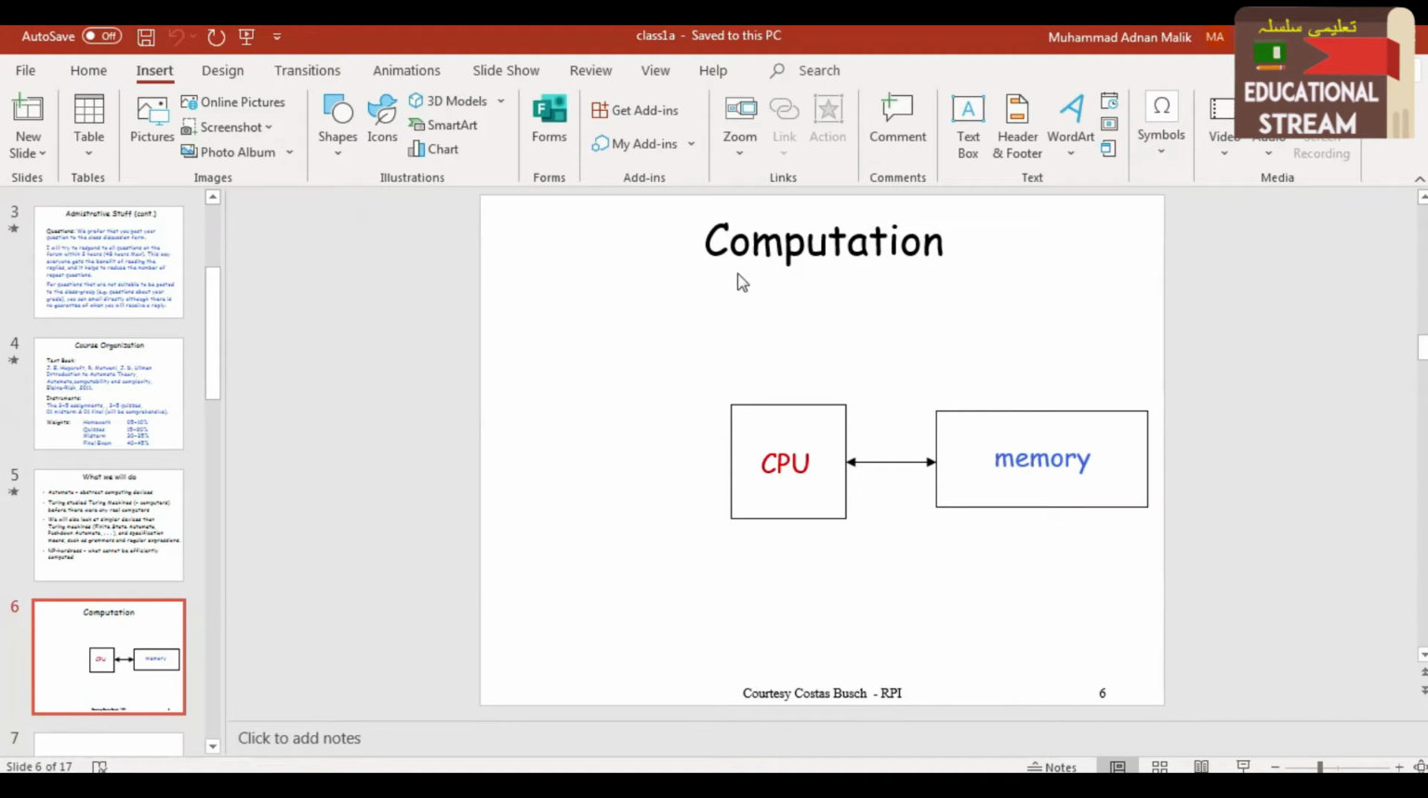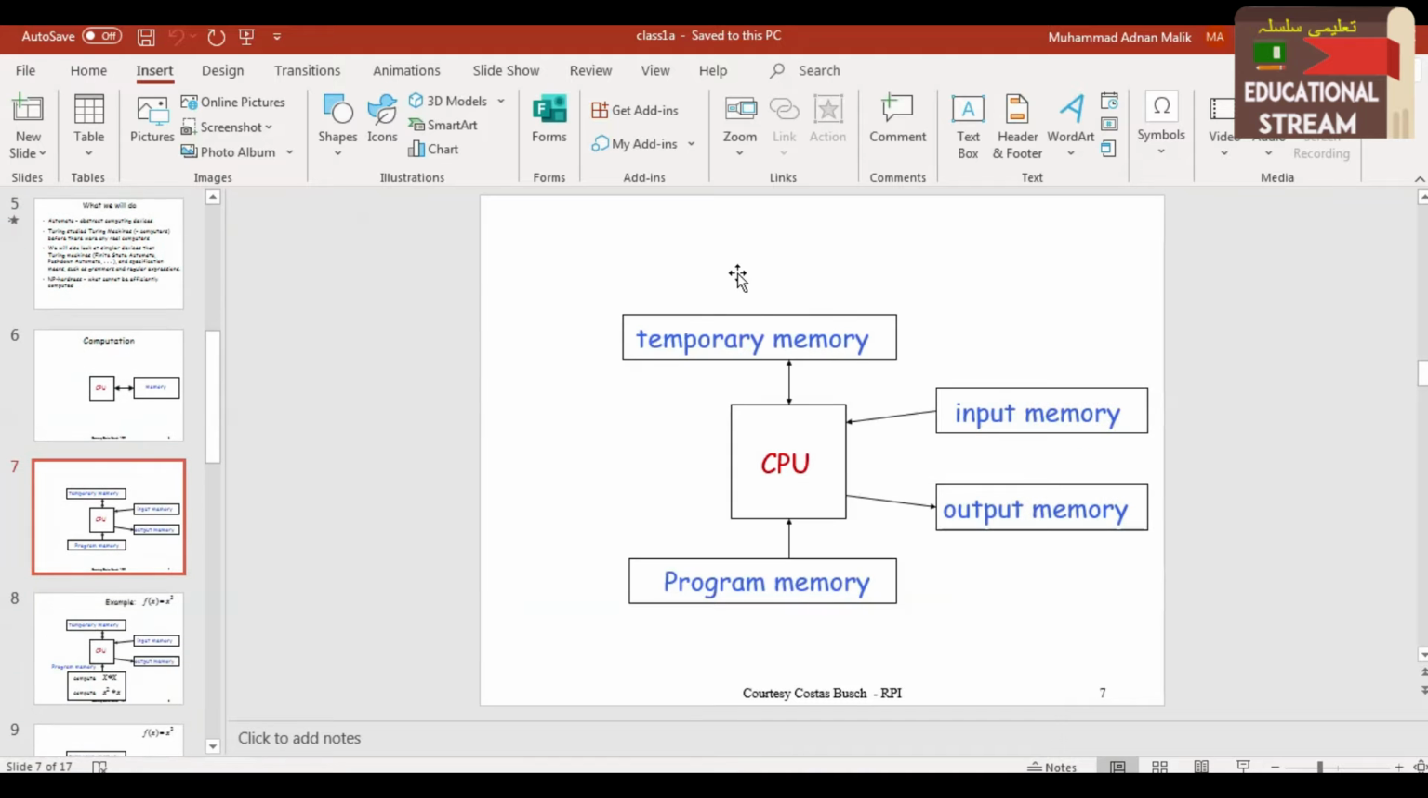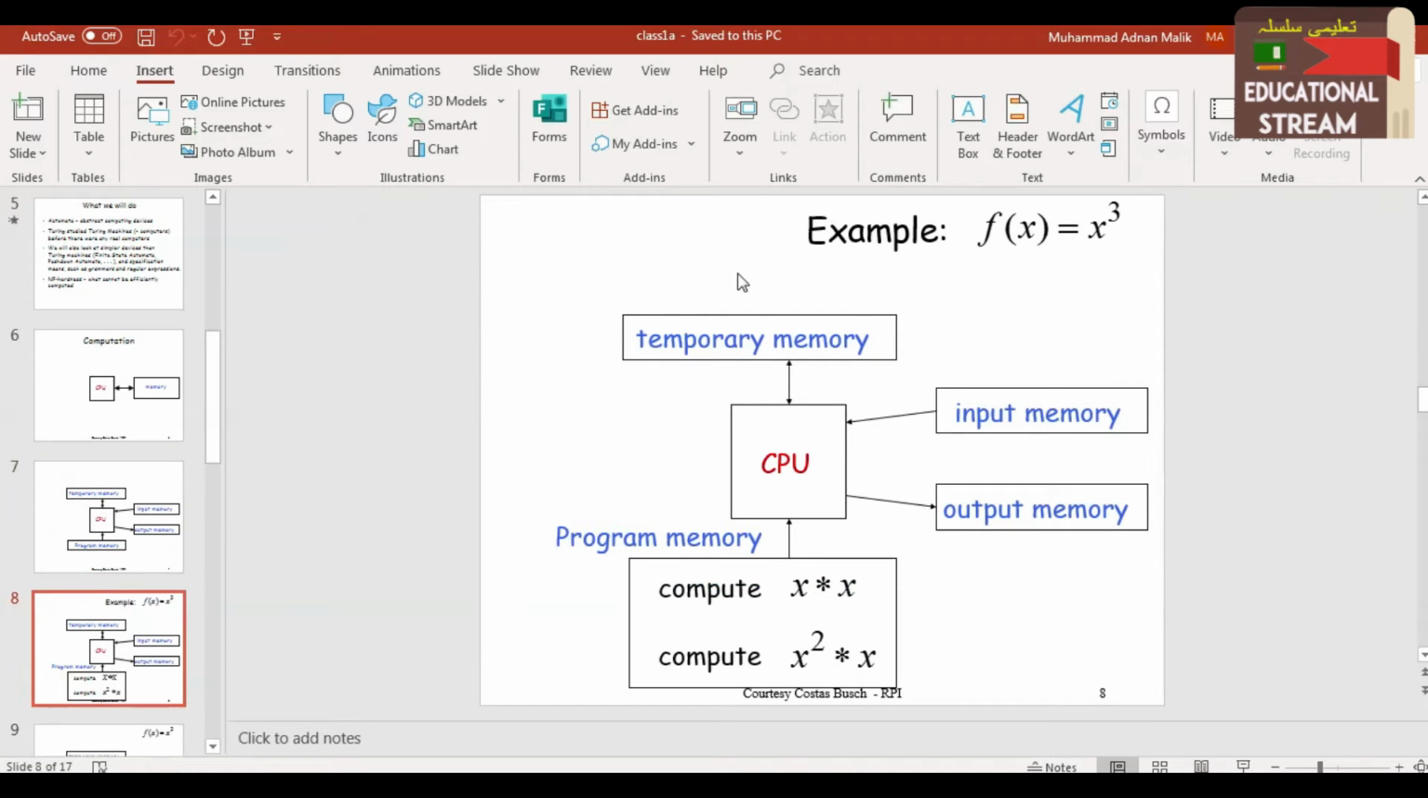Now, what is computation? The simple concept is that there is a CPU, some processor, and a memory is involved. Data will be transported to and fro from the memory towards the CPU, and after processing, the result will be sent back to the memory. This is the basic concept. There is some temporary memory that is normally termed RAM,